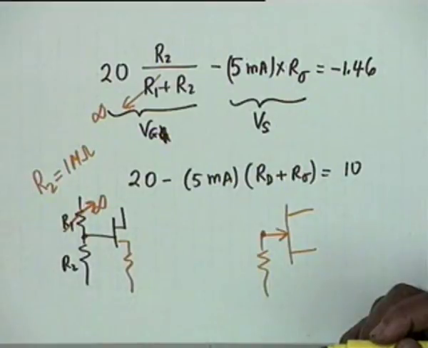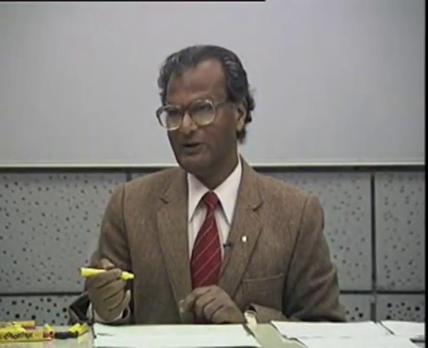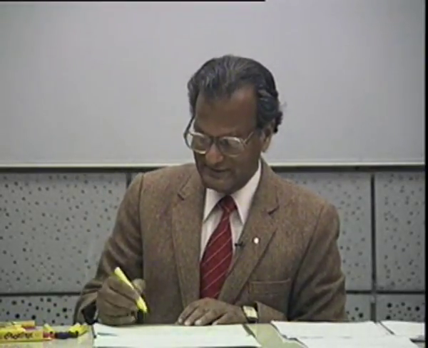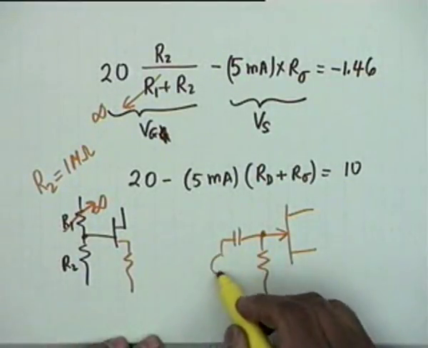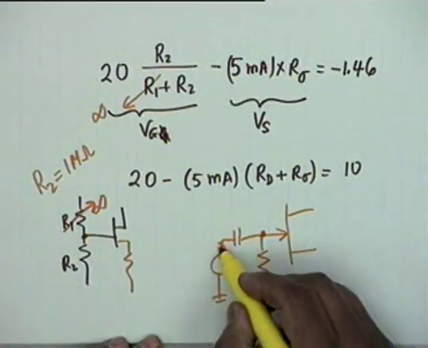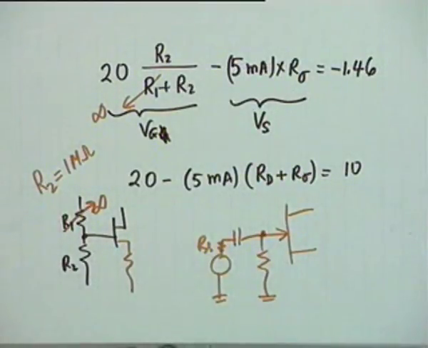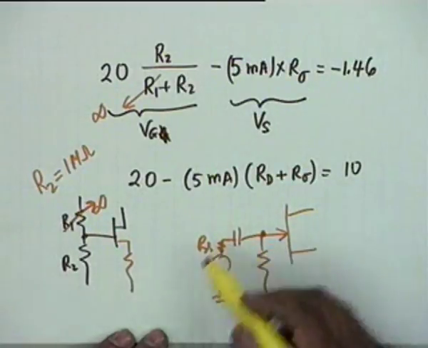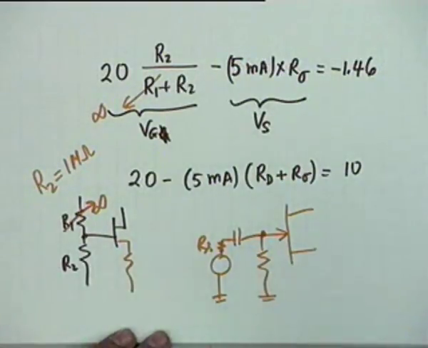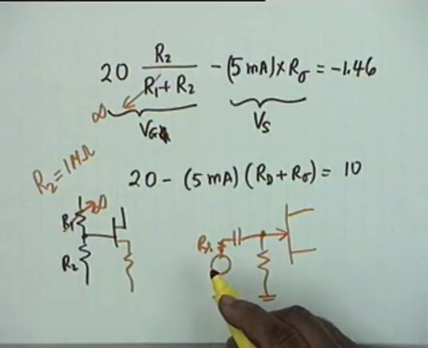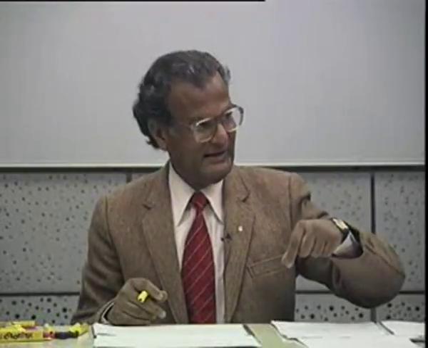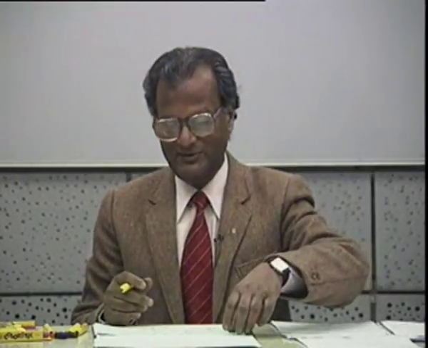So why do we take a high value for the resistance? We can take a low value also. Only problem is, after all it's going to be used for signals. So if we connect a source here with a source resistance Rs, this resistance must be large compared to Rs. So we use as high a value as possible, so that we can use this circuit with a high resistance signal source. Even if the source resistance is 10K, this is 1 meg, good enough. That's why you use a high resistance.